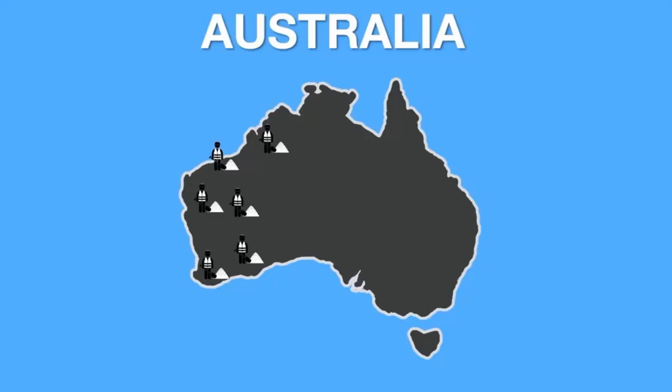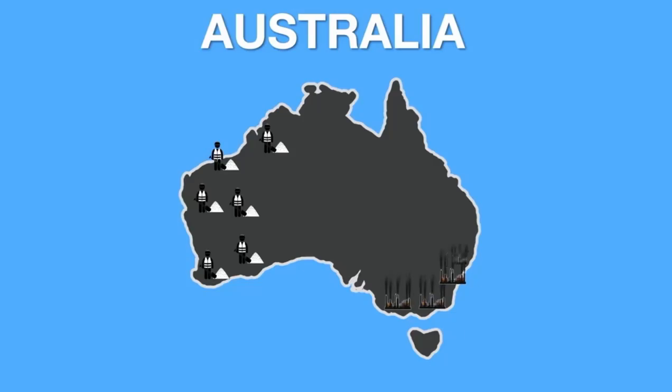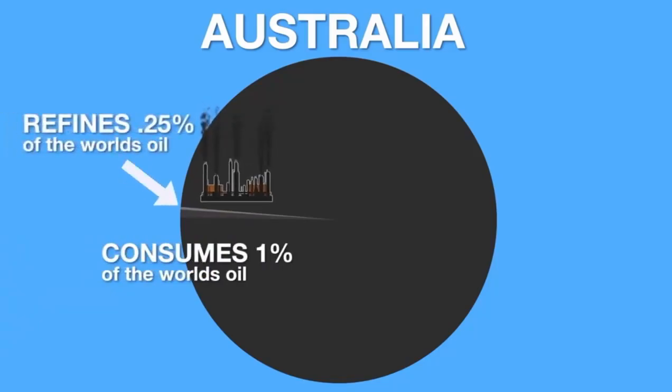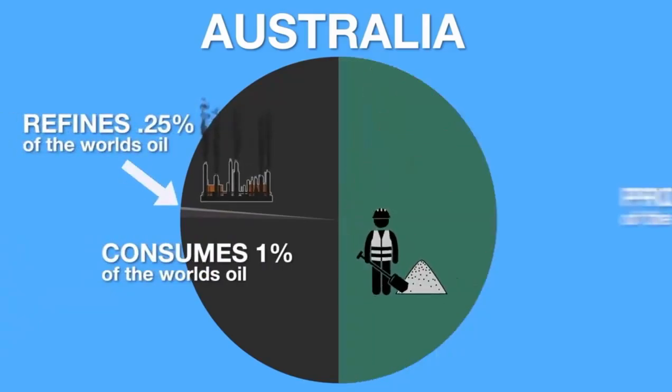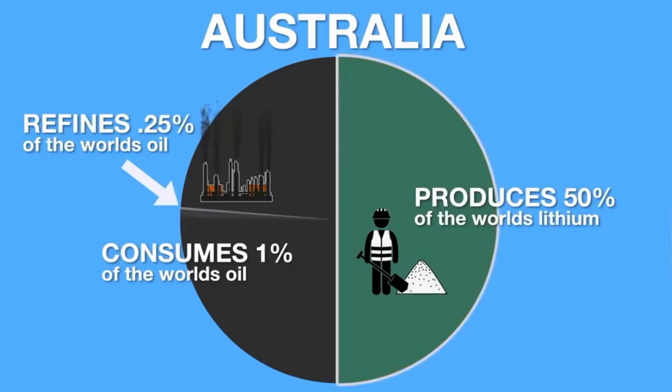But what is Australia really talking about when it comes to pollution? Oil refining. Yes, oil refining is creating a much bigger environmental risk than all the lithium mining going on anywhere in the country. Australia is not a very densely populated country. They consume 1% of the world's oil supply and only refine 1/4 of the oil they consume. But they mine 50% of the world's lithium. So a country that only refines 1/4 of 1% of the world's oil and mines 50% of the world's lithium,